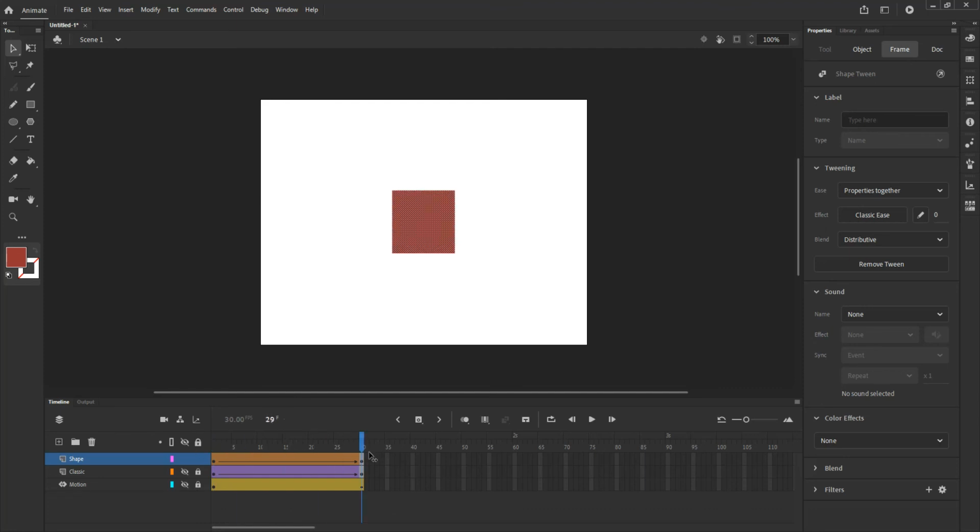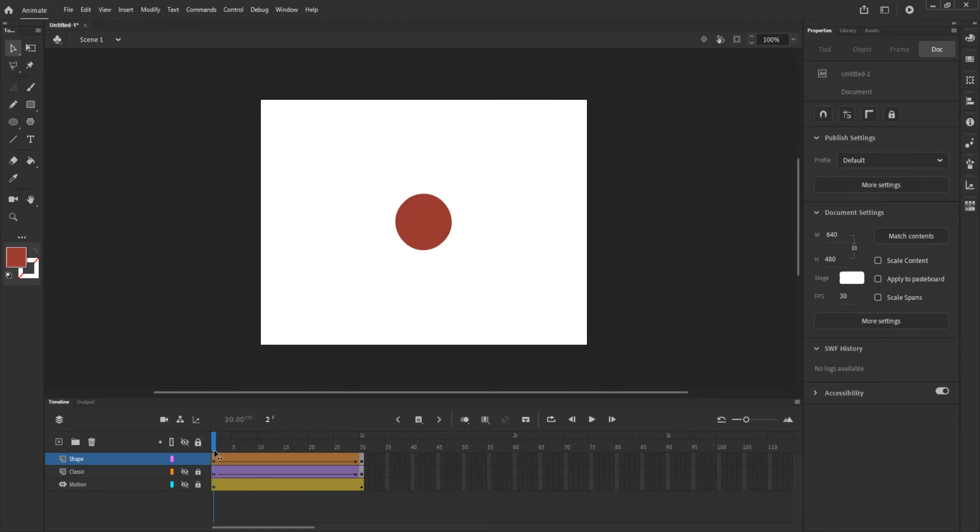So this is fine, but let's say I don't want this to be rotating as it goes. I want my circle to sort of expand out into a rectangle. How do I do that? Well, here's where the extra steps come in for creating that shape change. What we want to do first and foremost, before we do anything else,